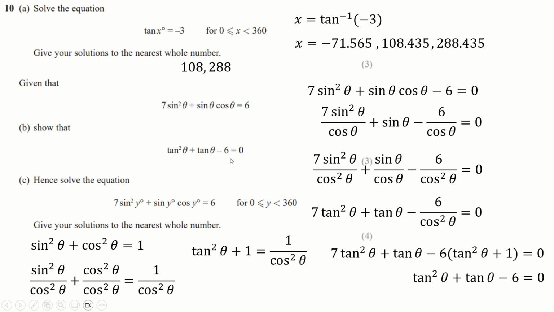Anyway, you end up with this here. The other way of doing it, the way the mark scheme suggests, is a really nice trick. Every time you see a 1, if you really don't know what to do to get from here to here, if you see a 1 anywhere in here, just replace that with sine squared plus cos squared,